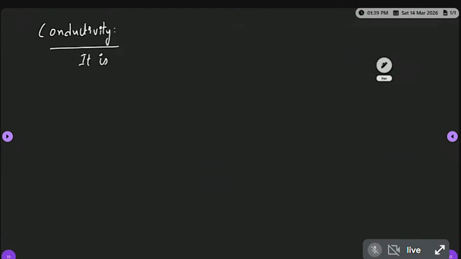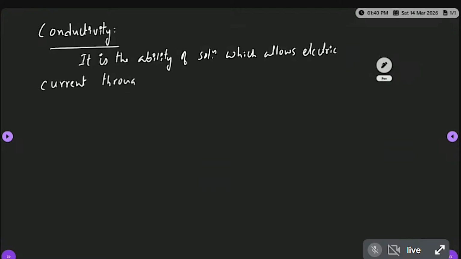Solution, it is the ability of the solution which allows electric current through the movement of ions. So this is what conductivity is. Okay, and for example,